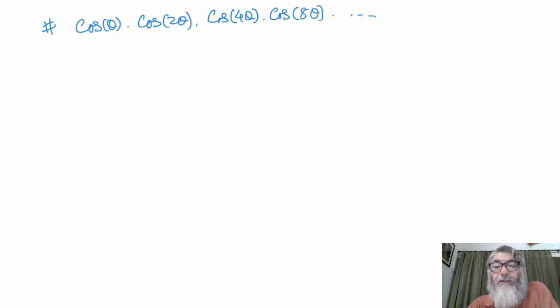We were saying that if theta is just doubling itself, theta, 2 theta, 4 theta, 8 theta, then we found out, we had proved, a formula for it, which is very important to remember because we'll be applying it throughout trigonometry. The formula was